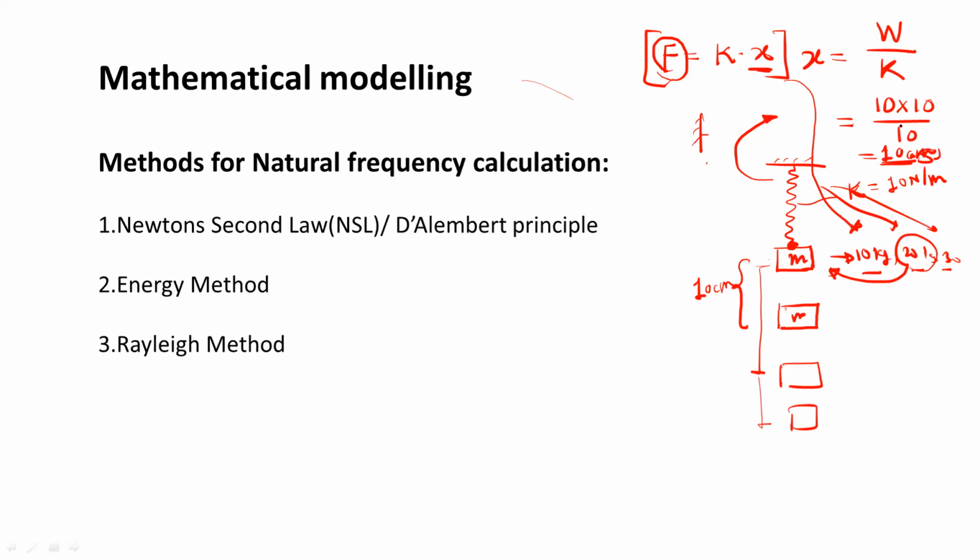If you want 20, just replace this by 20, or by 30. So this equation is called a mathematical model. Mathematical model means any physical process is represented by some equation. This equation is nothing but the mathematical model for the given physical system. We have so many equations in mechanics, in fluid mechanics, in strength of materials. All these equations basically describe a physical process.